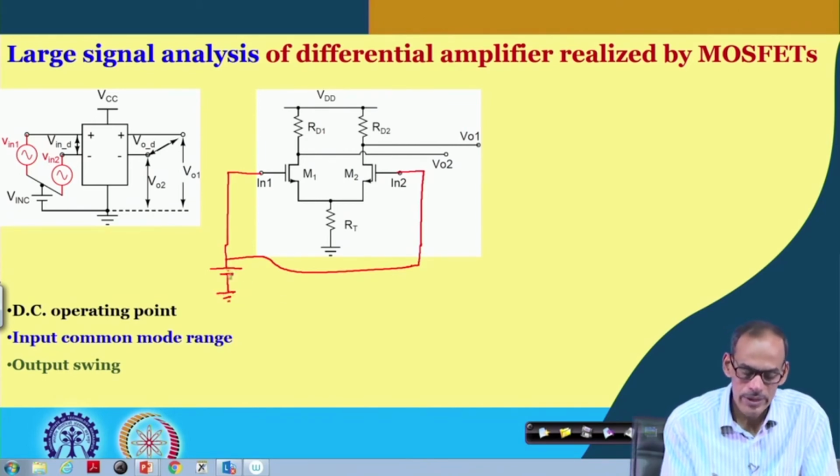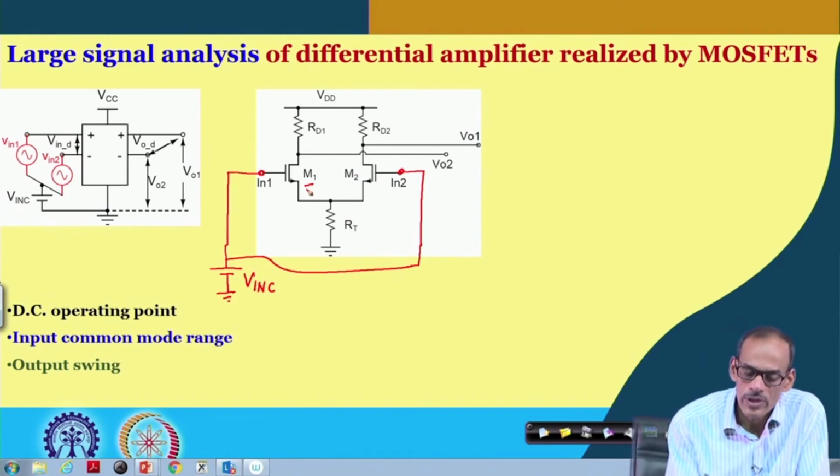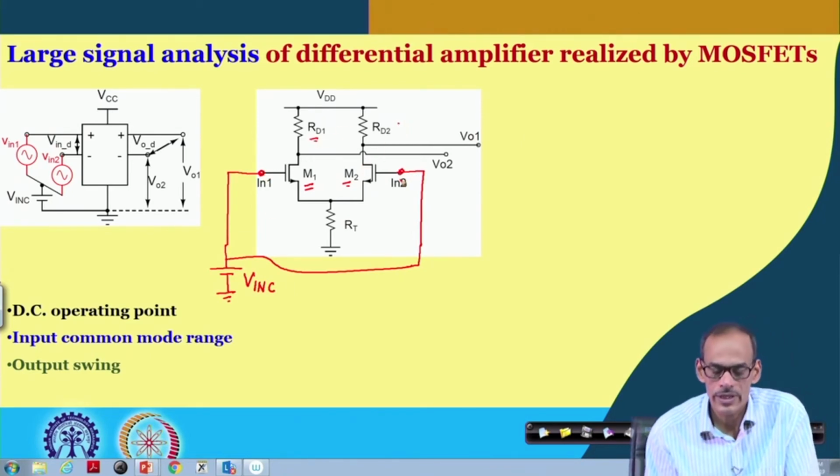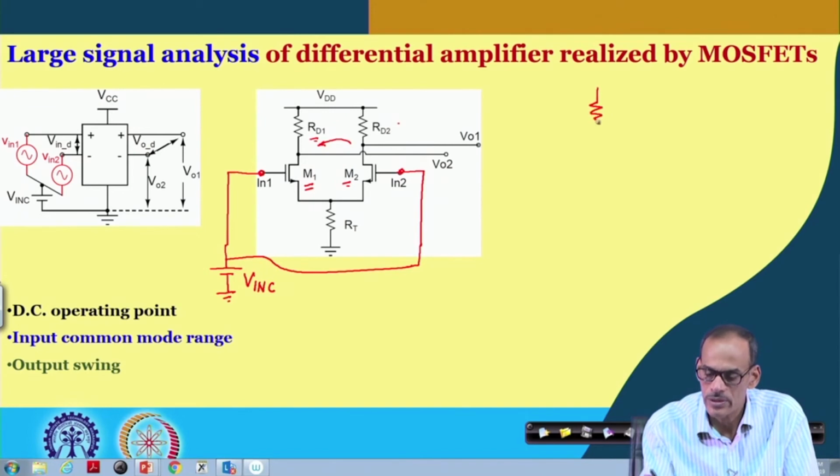So, this is V in C, and that defines the gate voltage here. Again, we are assuming these two transistors are identical, and these two resistors are identical, and since both the gate nodes get the same voltage, we can fold it and equivalently say that we have a single